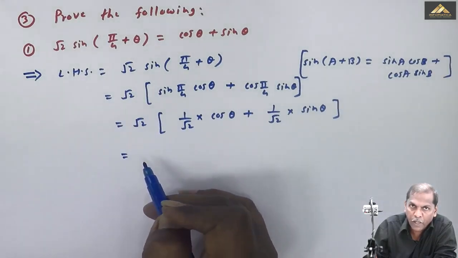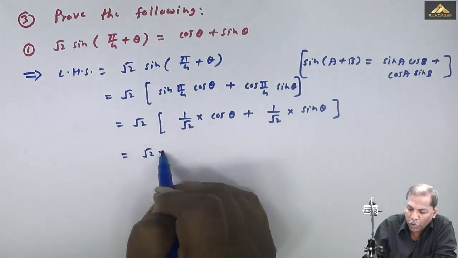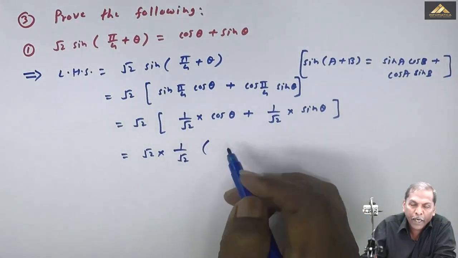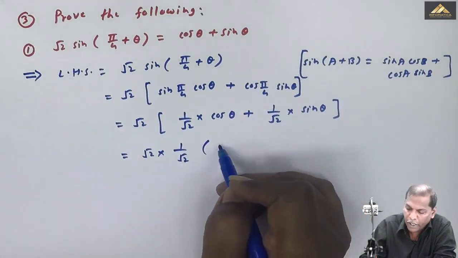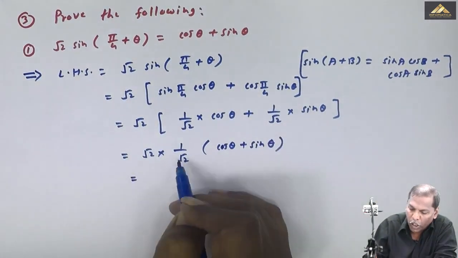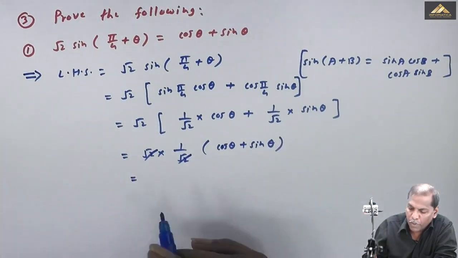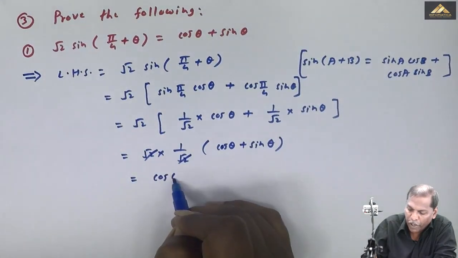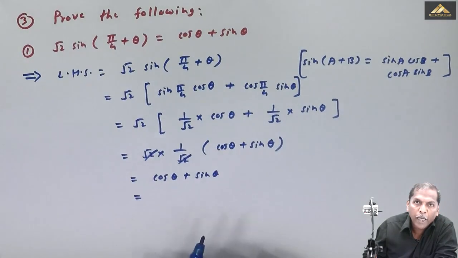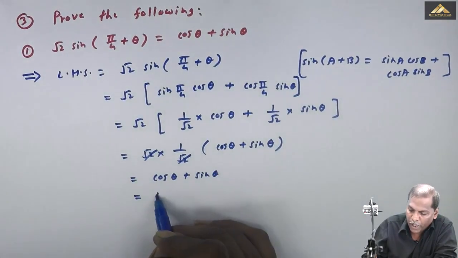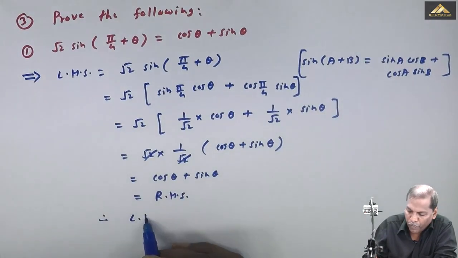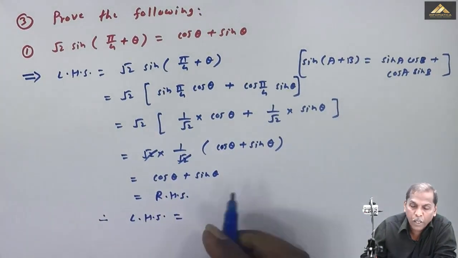So the next step will be is equal to root 2 into 1 by root 2 bracket cos theta plus sin theta. अब root 2 cancel किया. So we get finally cos theta plus sin theta, that is nothing but our right hand side. And therefore LHS is equal to